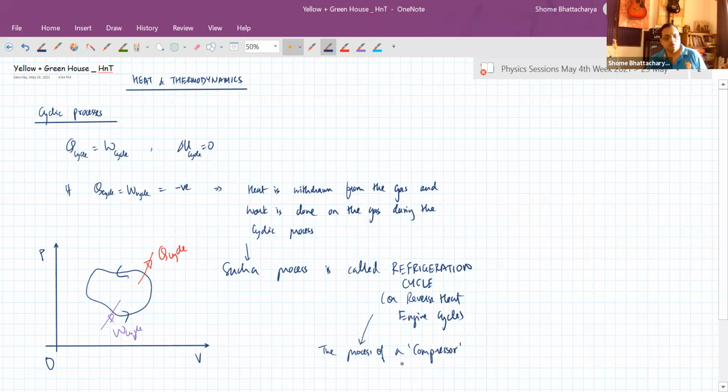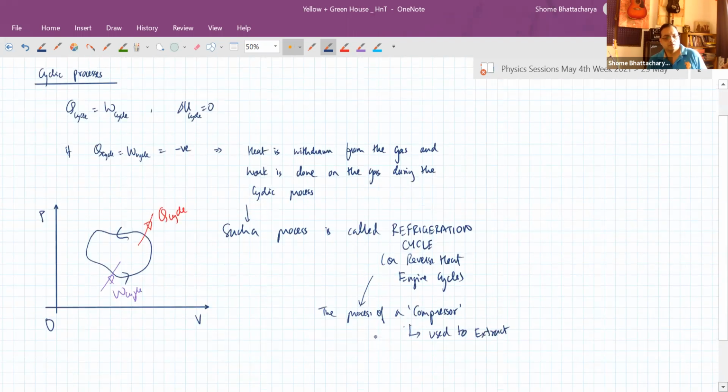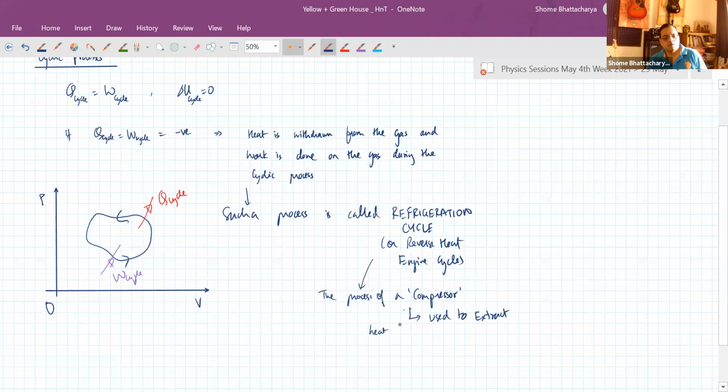It is used to extract heat from a system by supplying mechanical energy